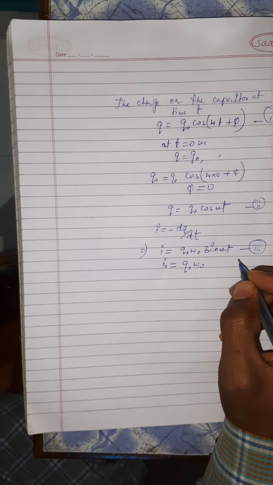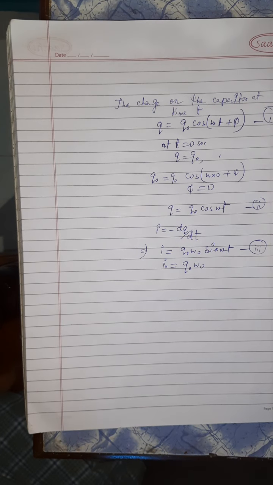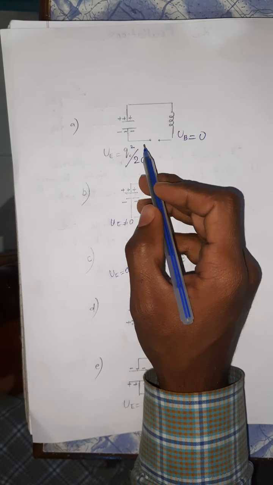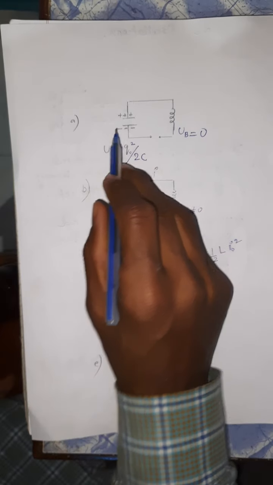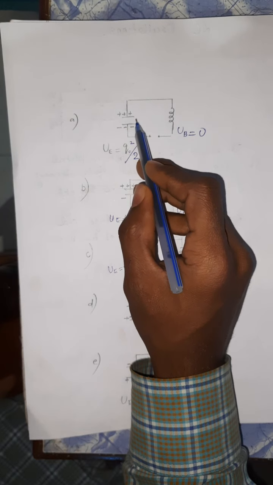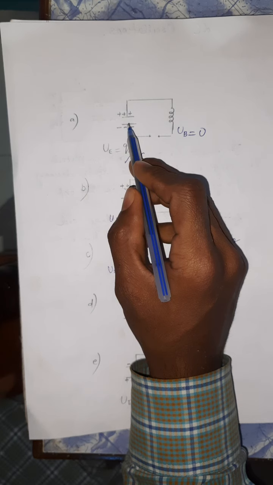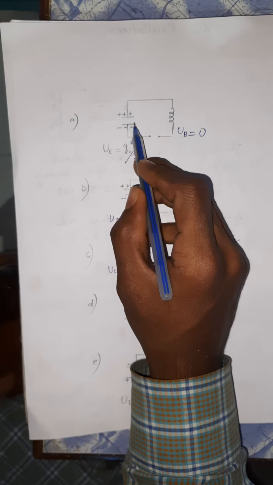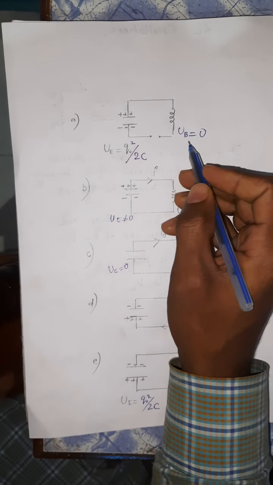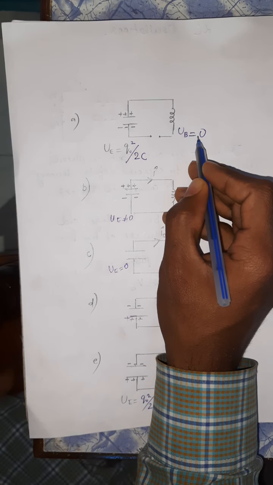Now let us try to visualize how the LC oscillation takes place in the LC circuit with the help of some diagrams I have drawn. In diagram A, initially all the charge was on the capacitor, means there was no current in the circuit. So the total energy was stored in the form of electrical energy, equal to Q naught square by 2C. There was no energy stored in the inductor, UB is equal to 0.